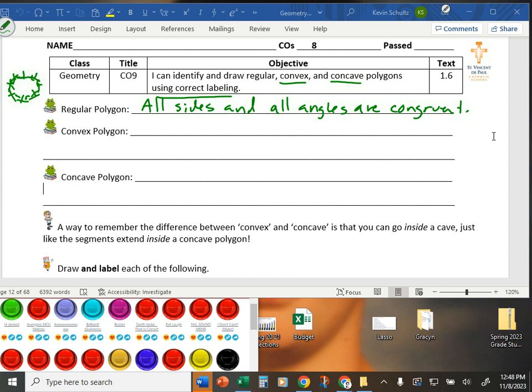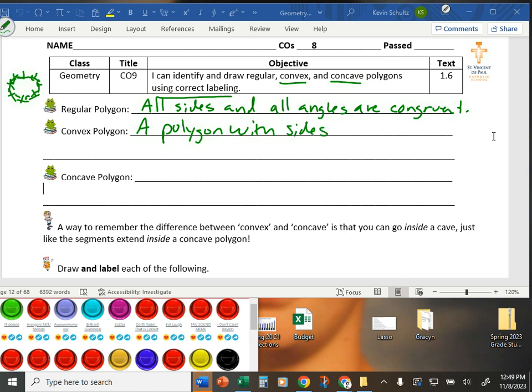Andrea? If you imagine each side has a line going through it, convex is when those lines don't go through the polygon, but concave is when they do. Okay, one more. It kind of extends out. Like the sides, they kind of just extend out. Okay, all right. All those things are getting around it, but a convex polygon is a polygon